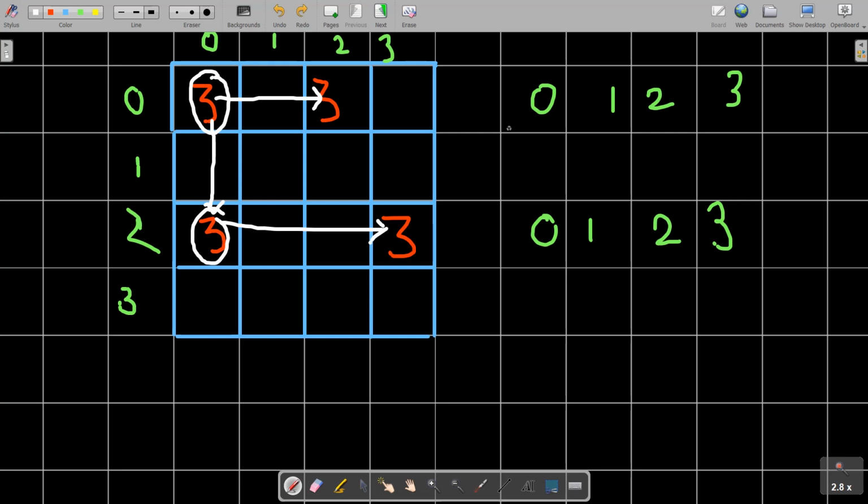Okay, so for now you can see that 0 and 0 is lying on this cell. So what will happen is I will assign this row number, which is 0, and I will say that the parent of this one is column number 0. Moving on to the next cell, this is 0 comma 2.